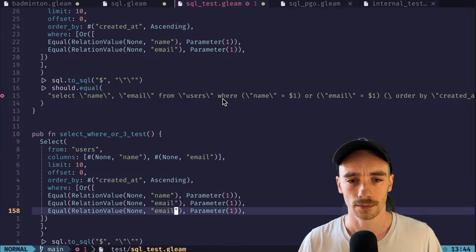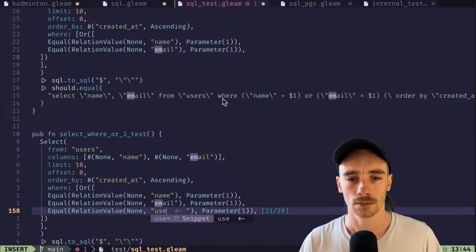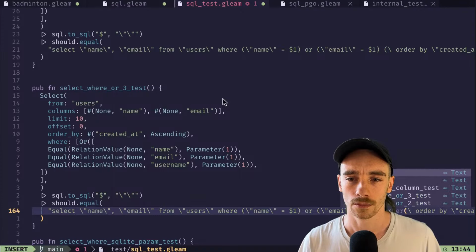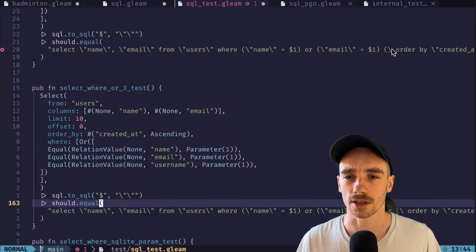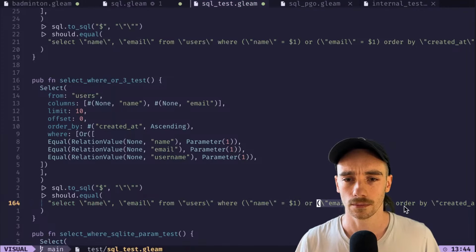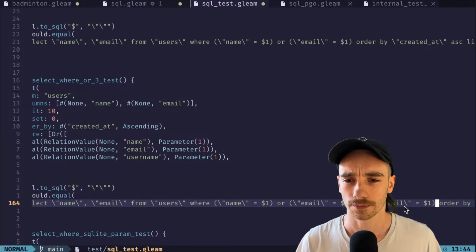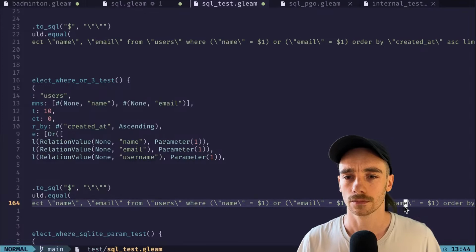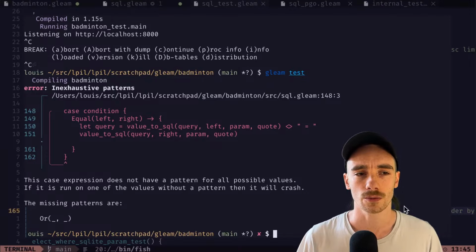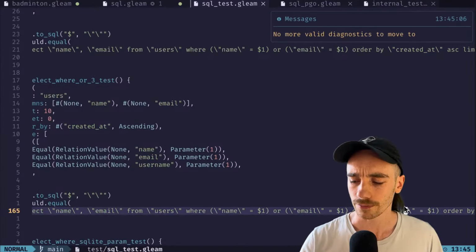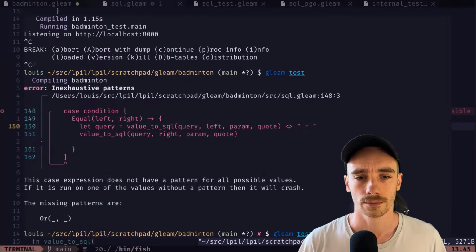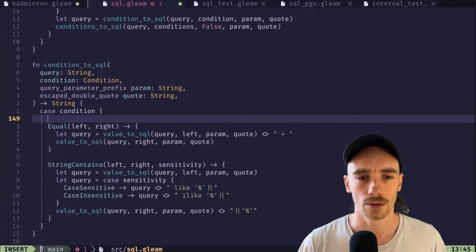Let's do one for the third one. There's a syntax error in this one. There we go. Or. Nice. That's not gonna type check. Oh, it's just one or the other, is it? Okay, good. So, or